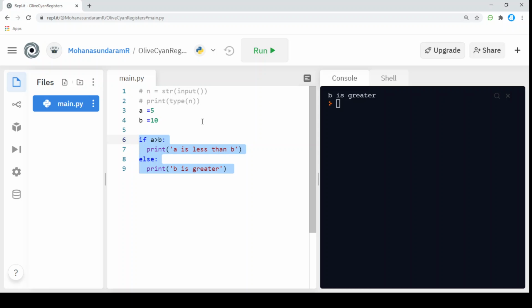This is a basic syntax of creating a conditional statement. The condition to be passed may vary.